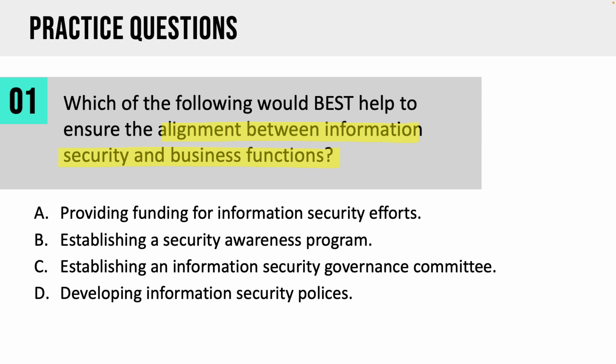Well, there are a couple I can rule out here right away. Providing funding for information security efforts has very little to do with information security and business alignment. I have to have my alignment sorted out so I know what my priorities are first before I can go ask for funding and get funding. So that's definitely not the best option here. Also, establishing a security awareness program: I have to establish alignment between information security and business functions and set my goals before I know what my agenda is going to be in a security awareness training program. So I know these two definitely cannot be the answer. So that leaves me